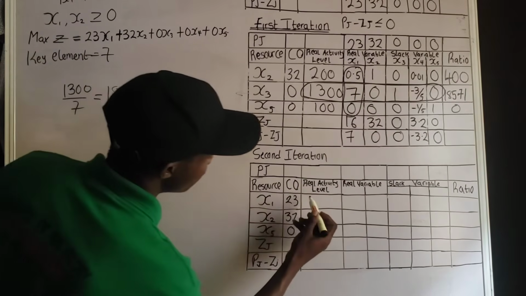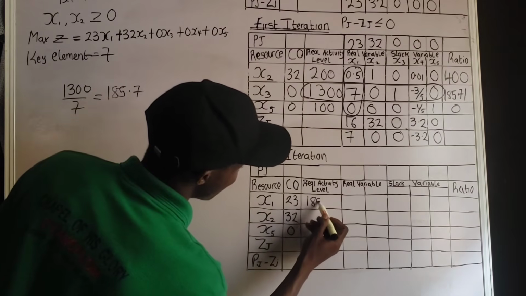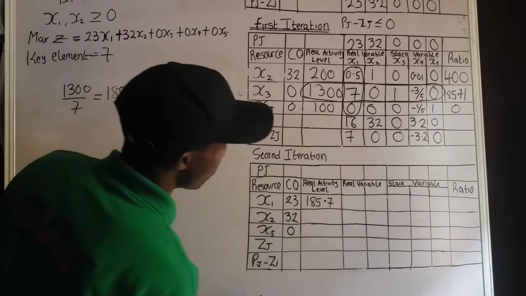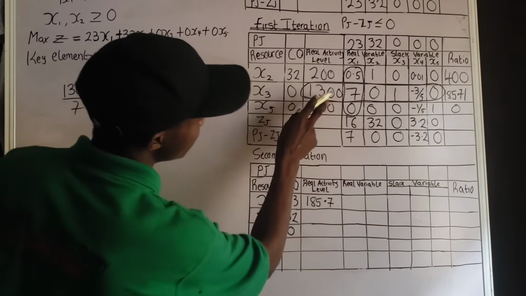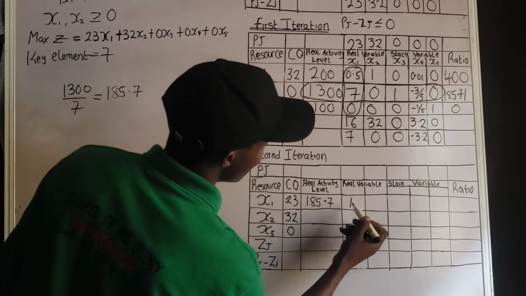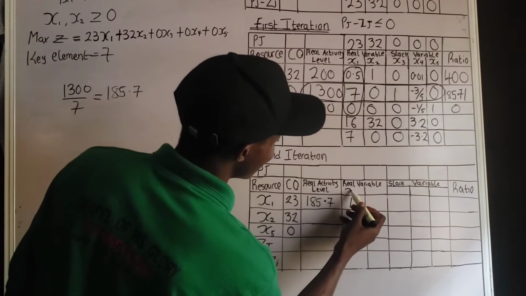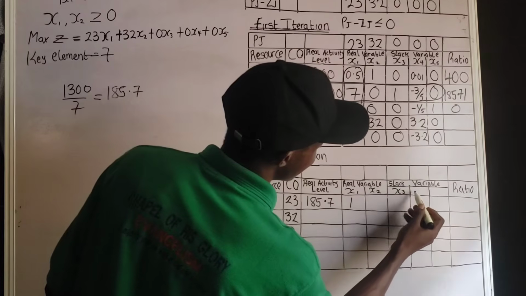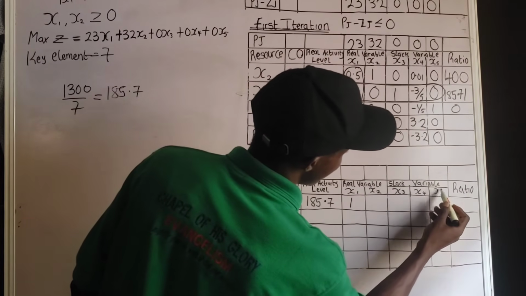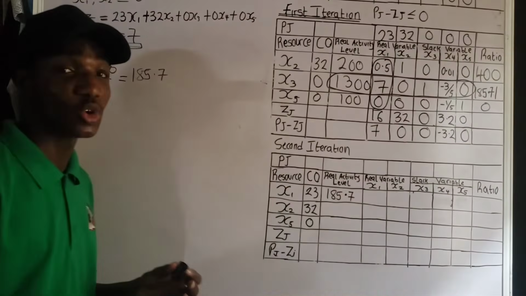185.7. So the value for these cells is what? 185.7. Okay, I'm going to divide 7 divided by 7. This will be what? 1. Oh, sorry, I didn't put x1. This will be x1, x2, x3, x4, and x5. Just so you understand how I got